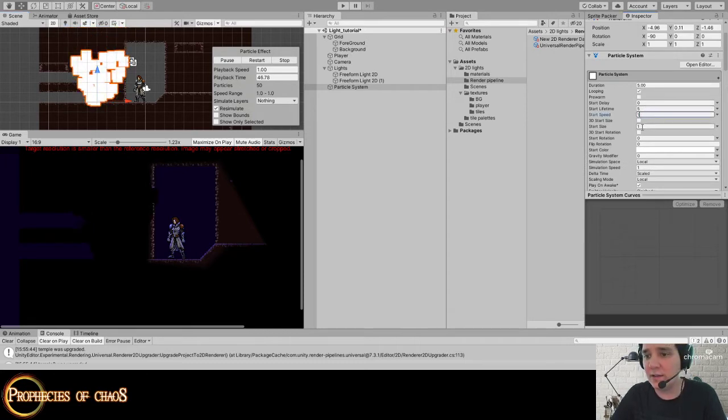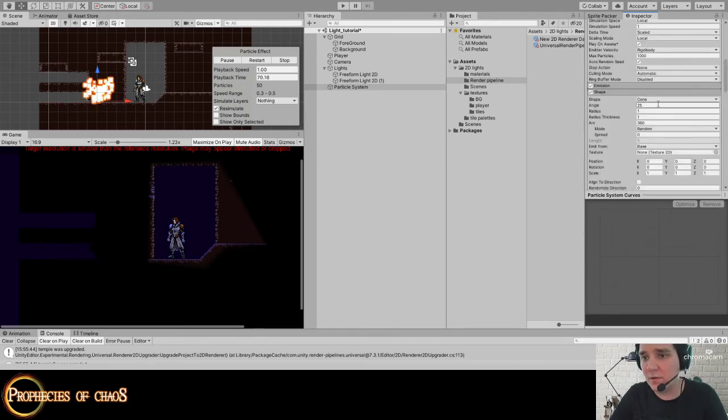Change the size. I'm going to put a random between 0.5 and 1, maybe less, 0.5. Yeah, like that. I'm going to reduce the speed, random between 0.3 and 0.5. Okay, cool. Shape, the radius, I'm going to reduce the radius. So I have this kind of little cool